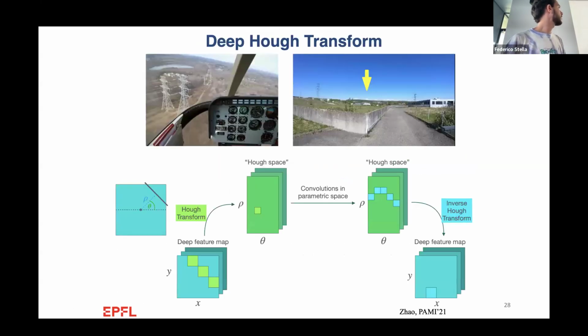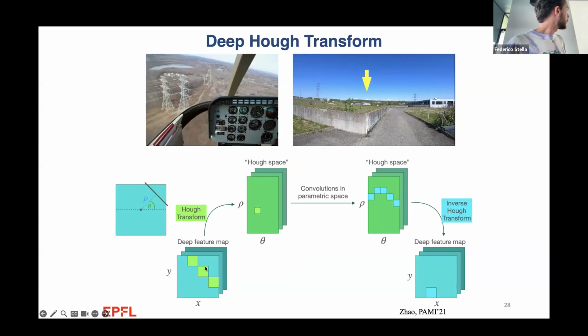But you can use it in conjunction with deep learning. So this is an example of a drone that navigates an aerial environment, and you want to avoid the electrical lines. But electrical lines are super thin, so you can barely see them in the images. So it's not that the Hough transform is going to be able to see them and find the lines, but if we train a neural network to see them, then we can use, instead of the Hough transform on the image space,